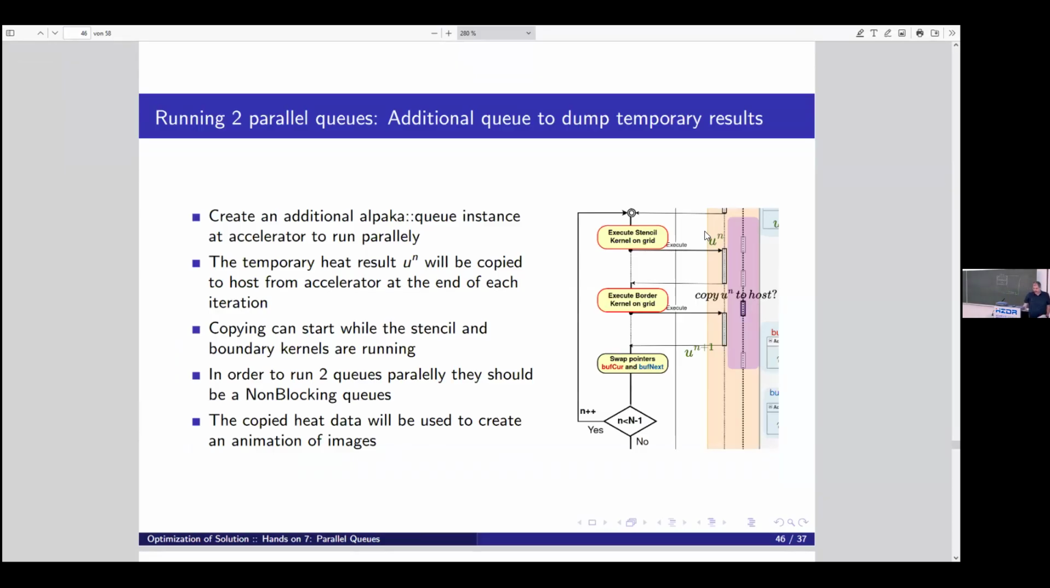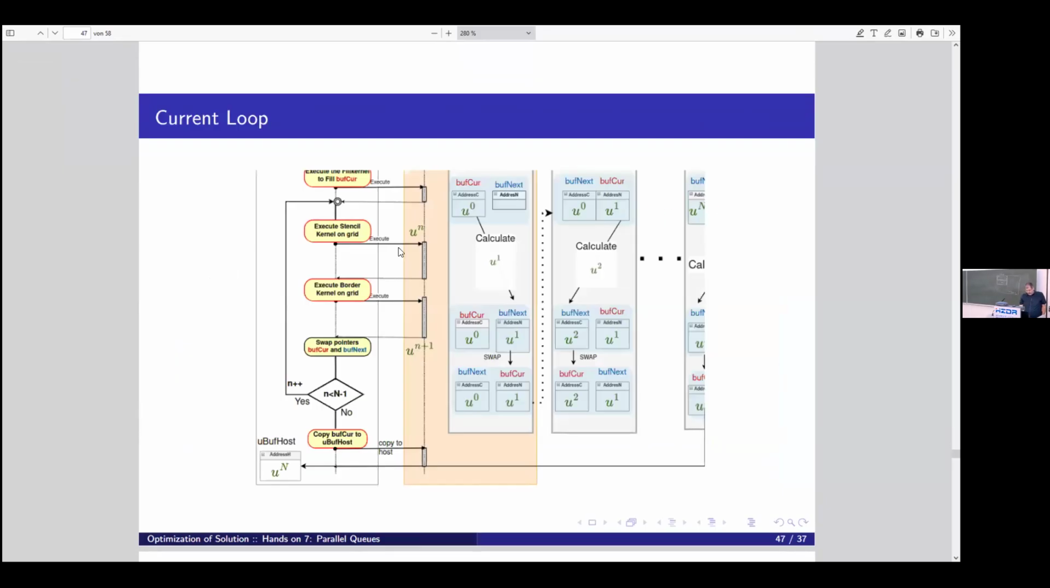Now we are going to optimize copying the heat at each iteration, at each time step, to the host. As you know, we were calculating the heat at the end of each loop. At the end of each time step, heat is calculated, but for performance reasons, we were just copying at the end of the program, not inside the loop, because we don't want to